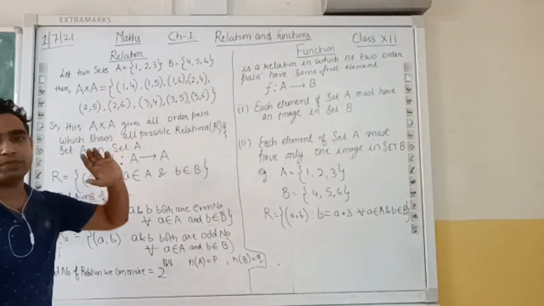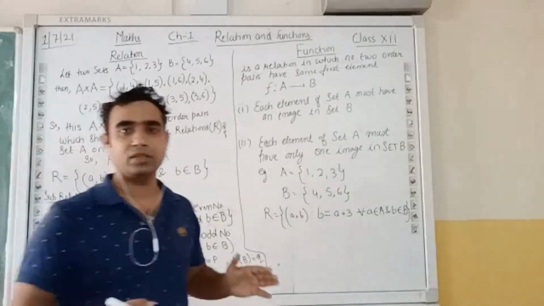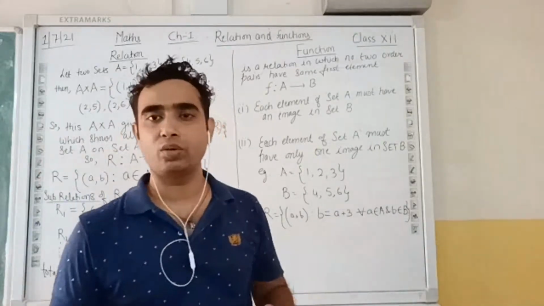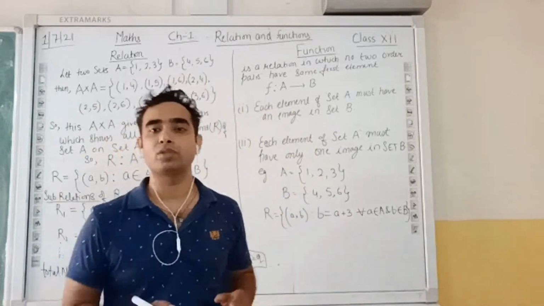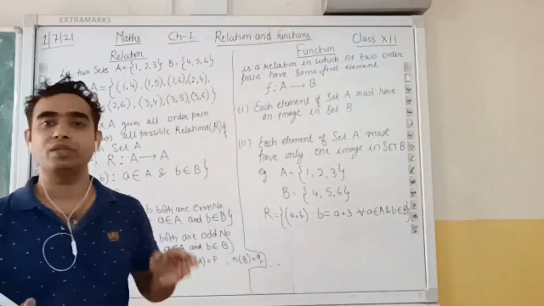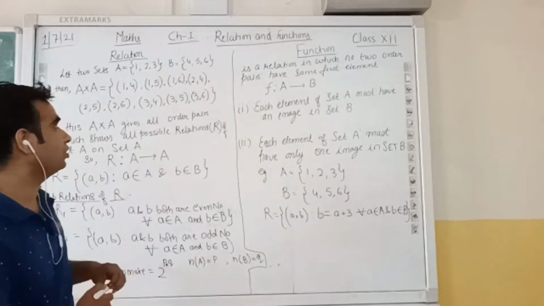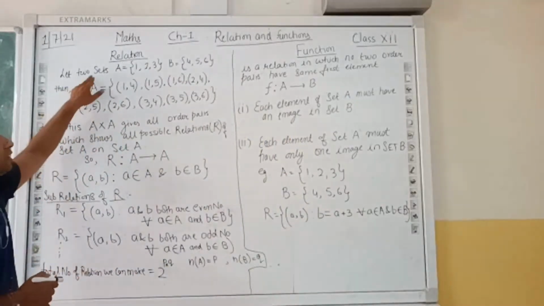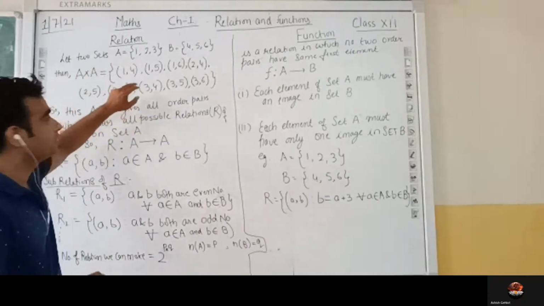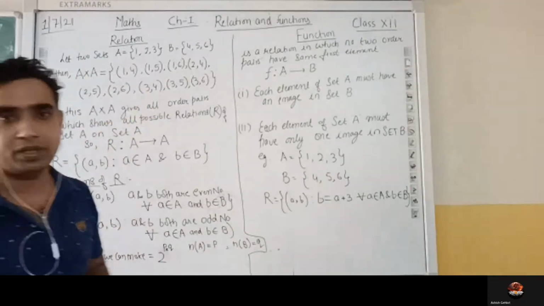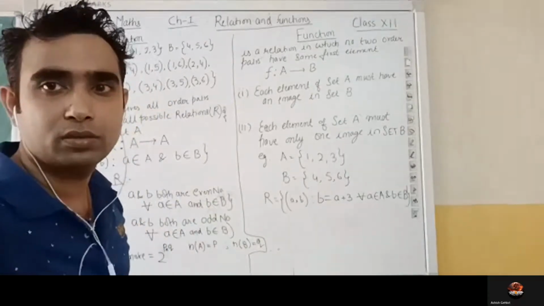A relation is a way to represent two given sets, where we need to find what kind of relation the two sets can have, and all the possibilities of relation between those two objects or sets. Here we have taken two sets.